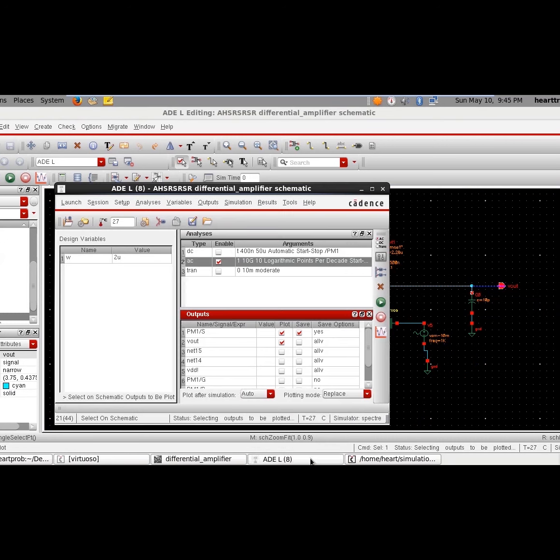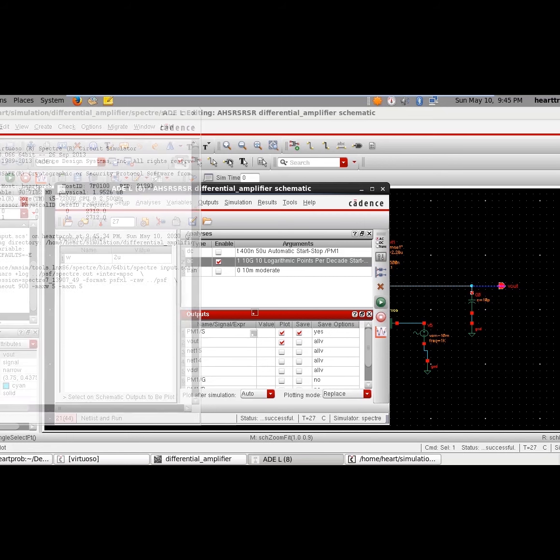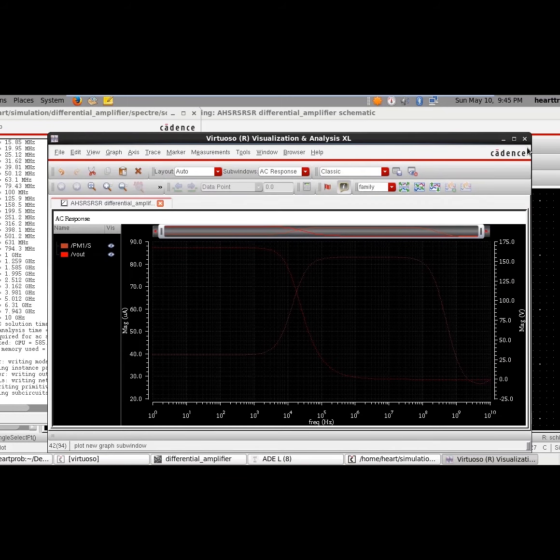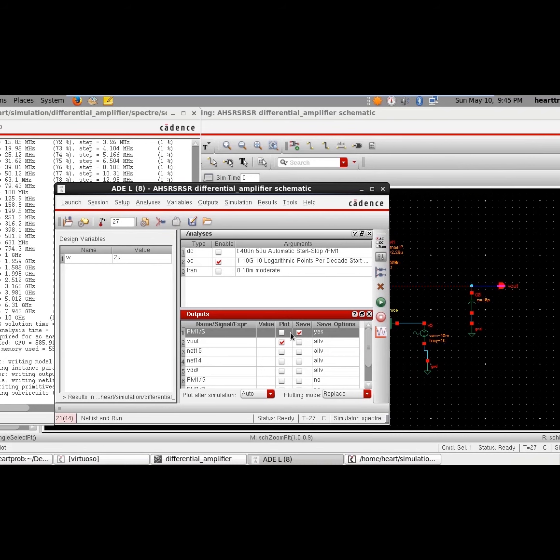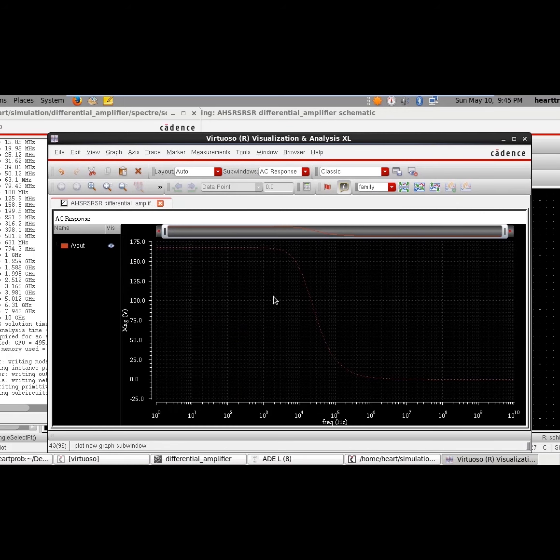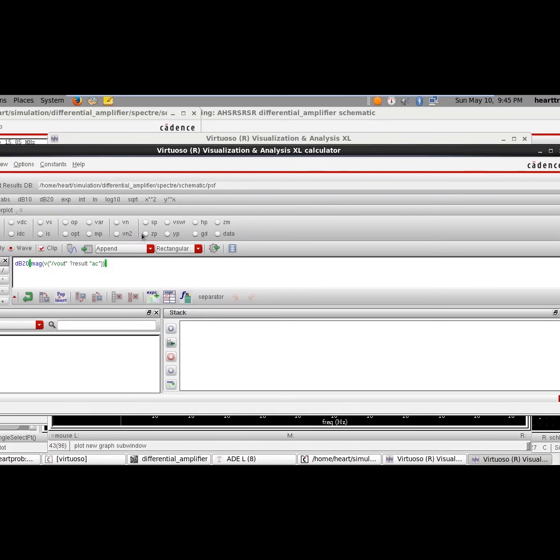I'll deselect this PM1. I should have deselected it, but let's run it again. So this is at different frequencies. I'll get the Vout and I'll plot the dB20 plot of this.